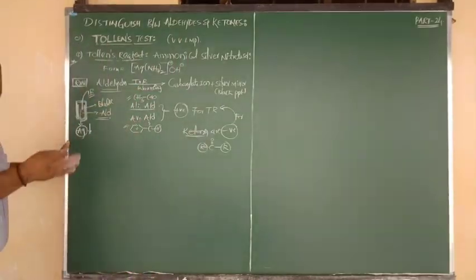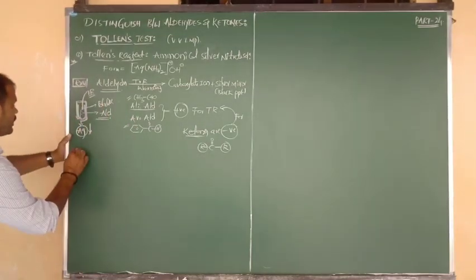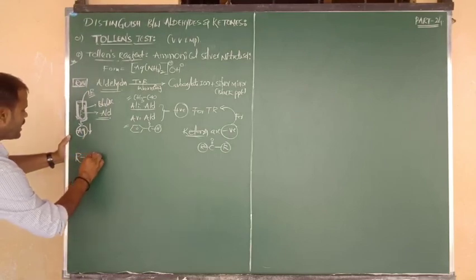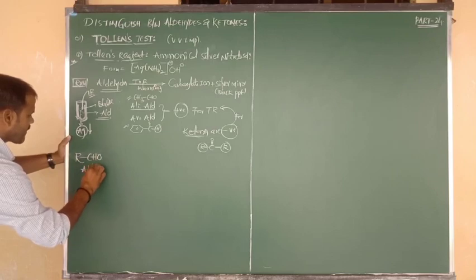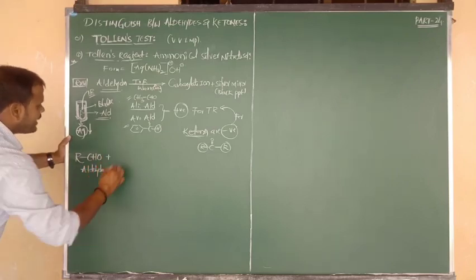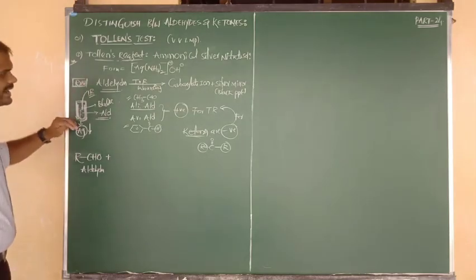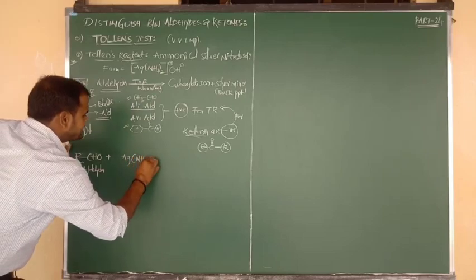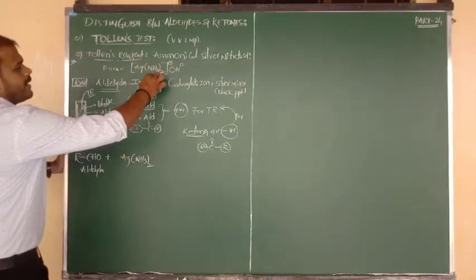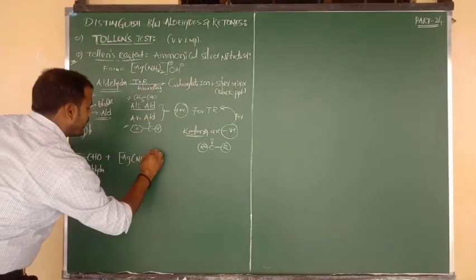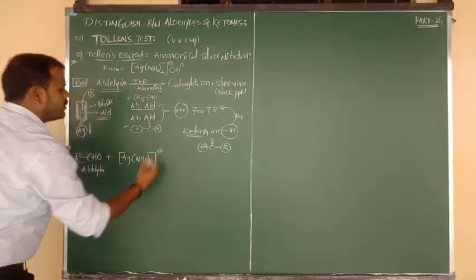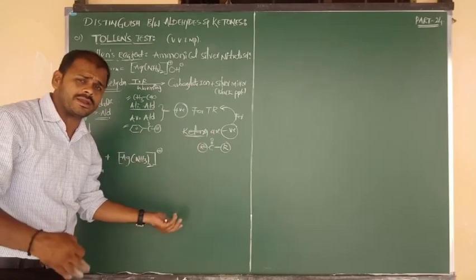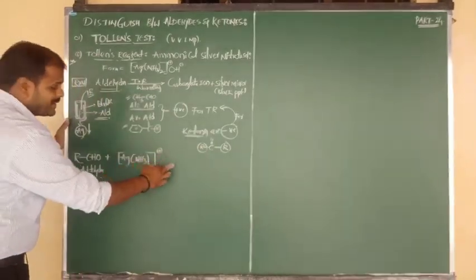The test is clear, but how the reaction goes on, that is what I am going to show you. Yes, this test is positive only for aldehydes. What is the formula of aldehydes? RCHO. Aldehydes react with Tollens reagent. I have given the formula: Ag(NH3)2 in square brackets, with a plus charge outside. Above we can write OH minus, or leave it. Since we have written plus, OH minus is already there.